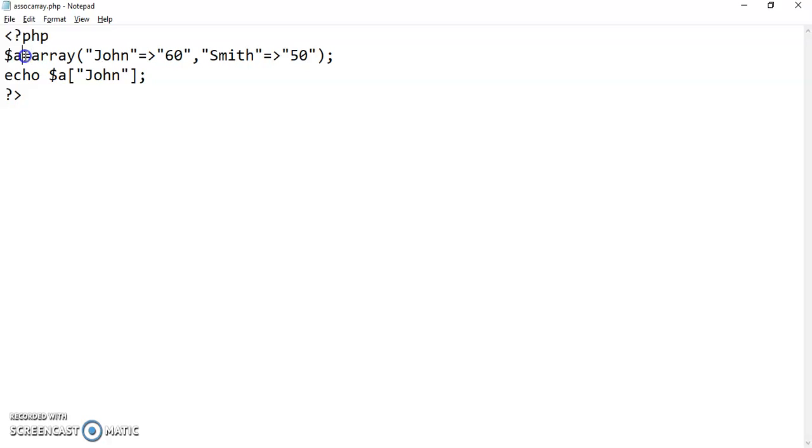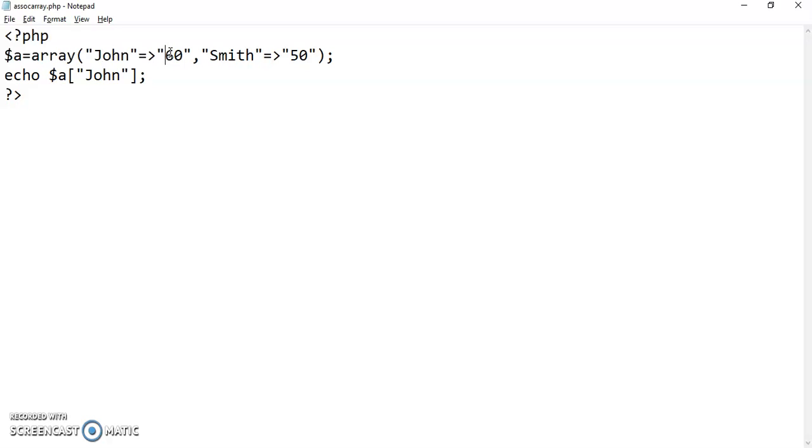So the array that we are creating over here is A. We are making use of the second method of creating an array by calling the object. Now the key over here is John. Like I said, it will be any arbitrary string. Therefore, I have to make use of the double quotes, and whatever I write in between these double quotes becomes the key for me. For this key, I need some value. So I'm going to make use of an arrow. The arrow will be created using an equal to and a greater than symbol. And after that, you can assign any value to this key, John.